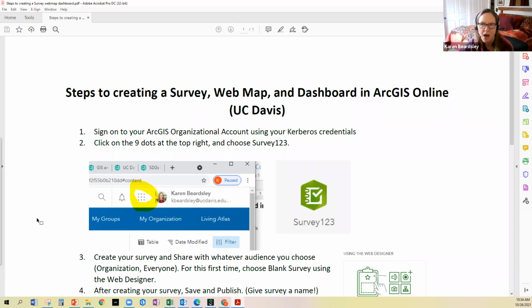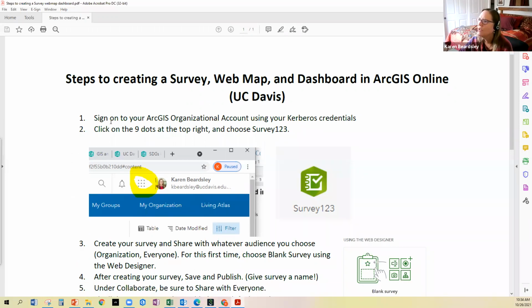I think if you put it into Box, then you can share it using the chat, but it can't be directly from your desktop. So what you're going to do is sign on to your ArcGIS using your Kerberos credentials. So the first thing that you do is you go to that